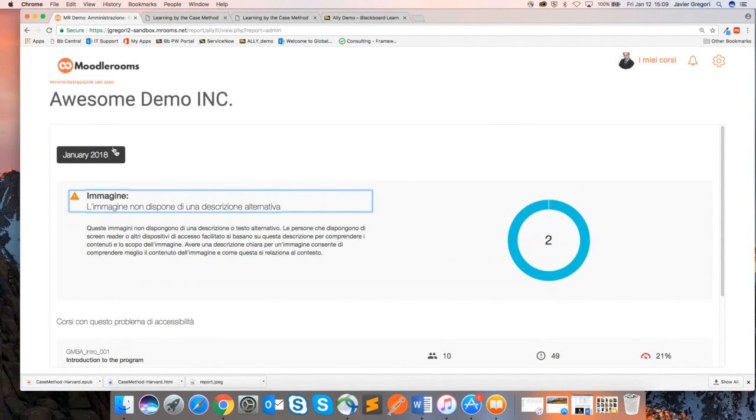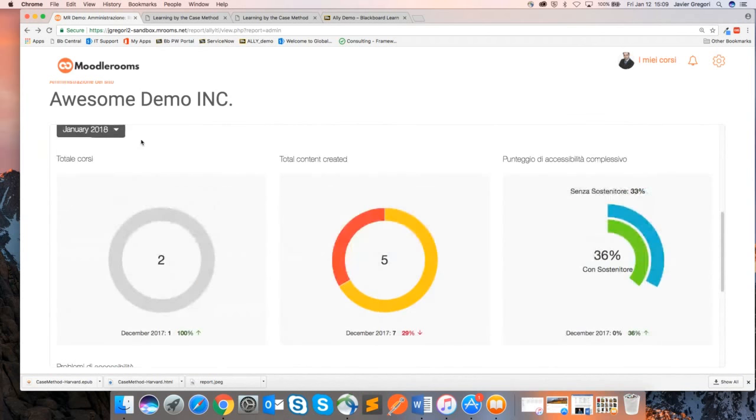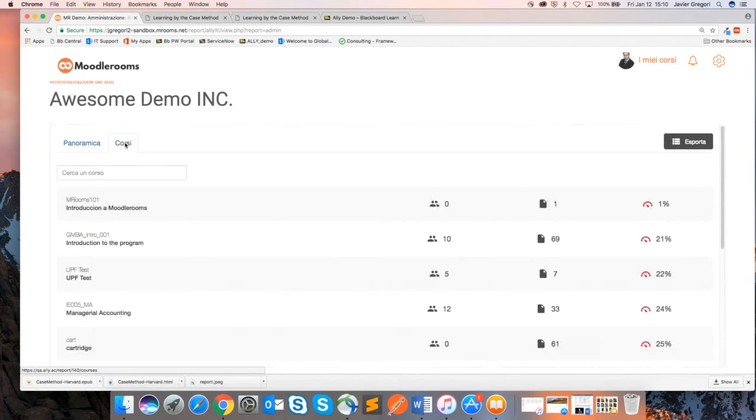So it's really the complete solution. It brings you how to help your people with creating accessible content. It helps your students to get accessible formats, and also it gives you an idea on how accessible you are as an institution, and that also allows you to improve. So I'm going to